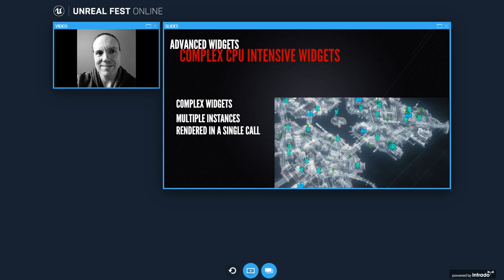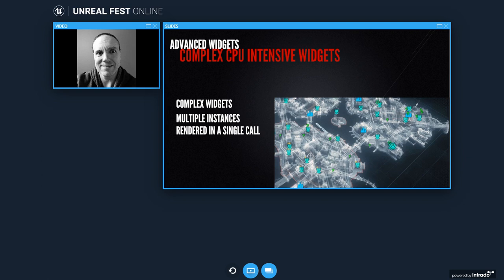So for example, this map here is a great example of a widget where you are drawing a lot of similar instances. It is also worth noting that all of the icons here could all be in one material instance, but each with a different parameter sent per entry in the instance buffer.